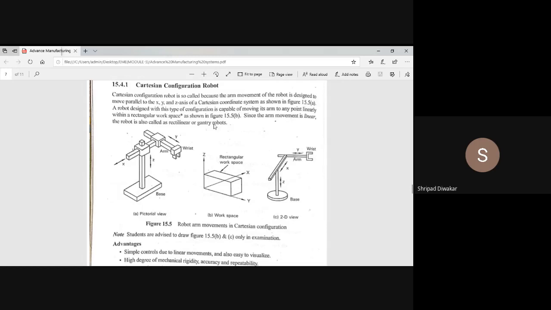Next, concentrate on these two diagrams. In the Cartesian coordinates sketch explanation, all the arm movement takes place in linear directions, that is x, y, and z directions. Next come advantages, disadvantages, and finally the application.